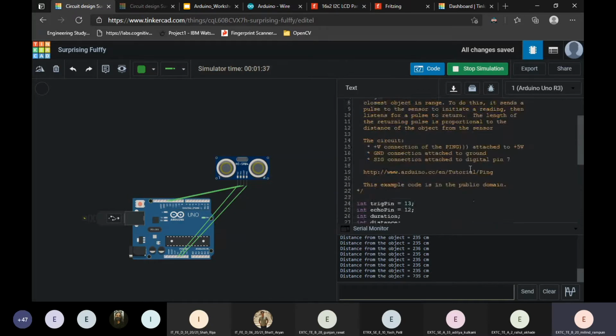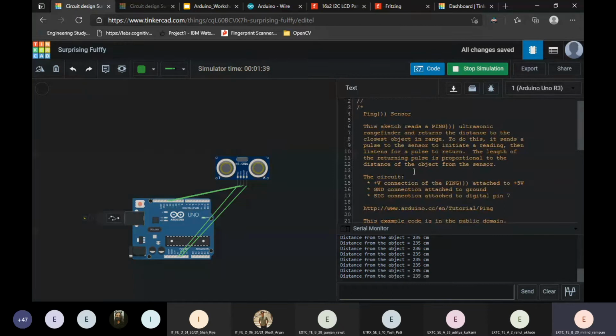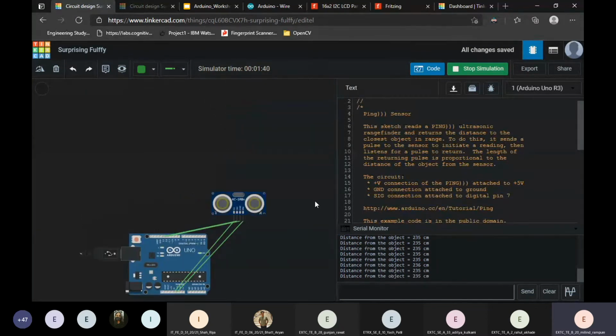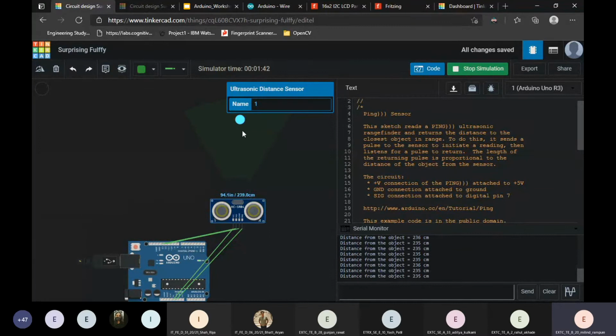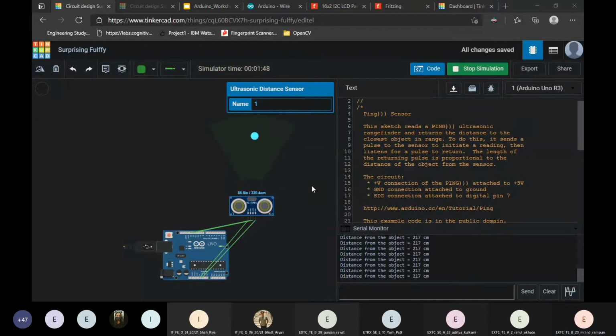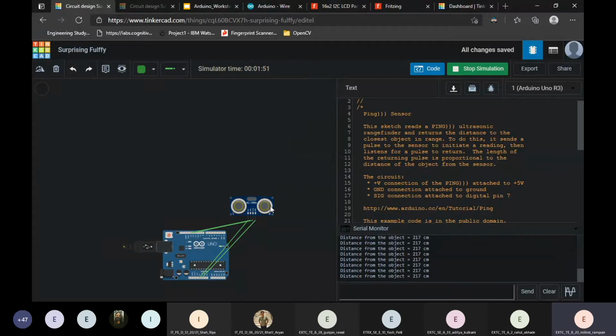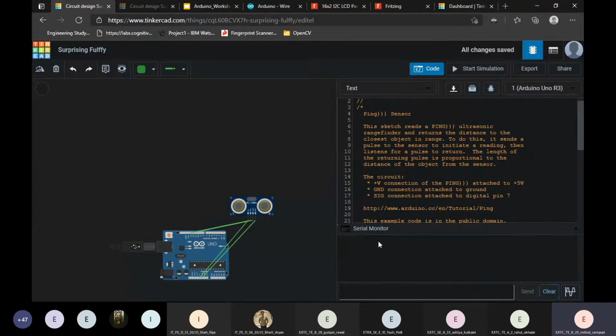Any doubts, guys? I guess there's no doubt here. So I'll stop the simulation right there. This clear screen clears the output of the serial monitor.